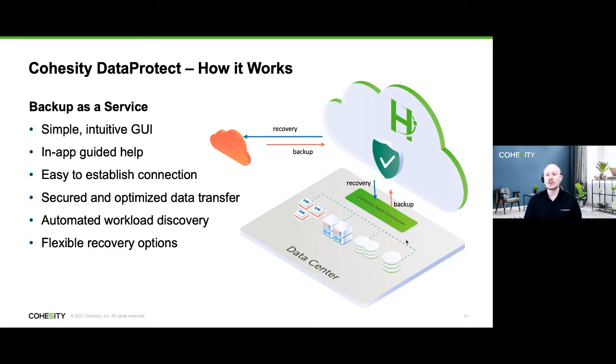Nice thing also is if you wanted to do backups from an on-prem workload and do it to the cloud, we can also do fun stuff like not have to pay for egress costs. So you can have as unlimited recoveries as part of this, as many backups as you need, automated workload discovery. So if you want to say, hey, as new things pop up, we're going to show them in the system, you can go ahead then add those to your protection workloads. And you got some flexible recovery options. So if you want to recover on-prem, you want to recover in the cloud, you've got some cool capabilities there.